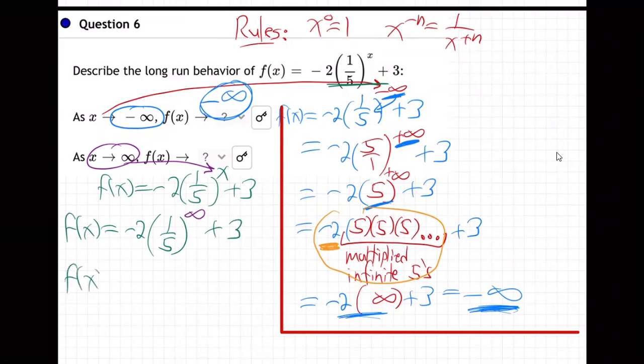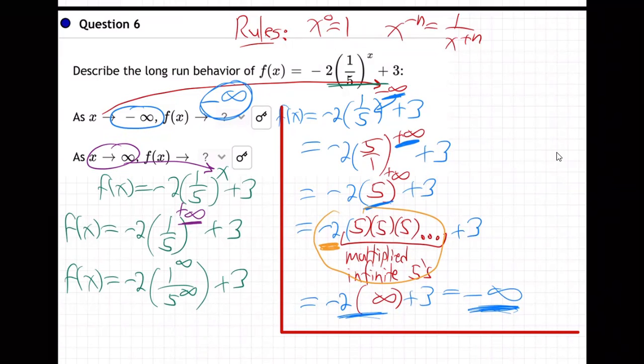Well, what's that going to equal? Now notice this time it's a positive infinity, a normal infinity, not a negative. So it's not going to flip the fraction. So what will it do? It'll take negative 2 times 1 to the infinity over 5 to the infinity. Are you tracking with me? So that infinite power